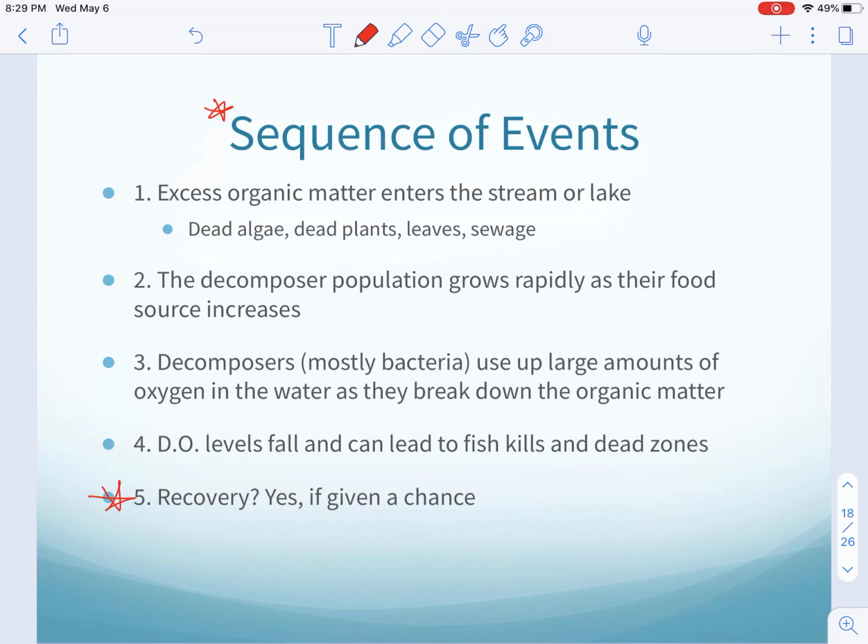All right, so that is the oxygen cycle. Please take a look at it. If you have any questions, just